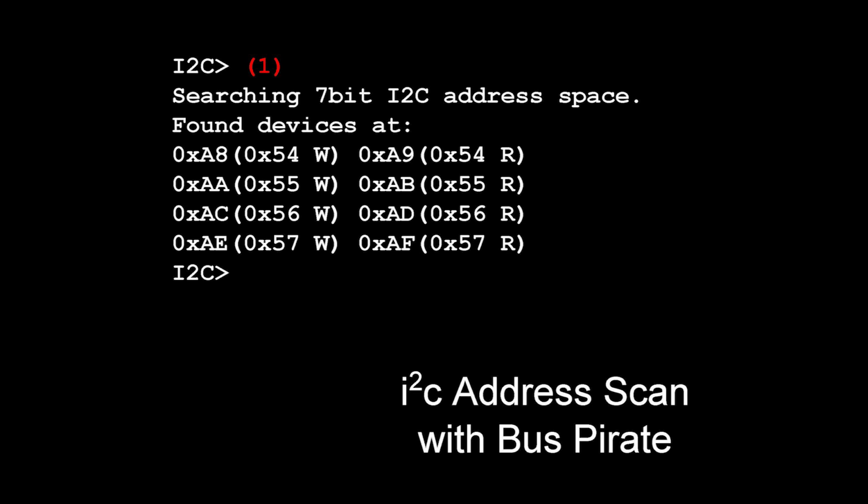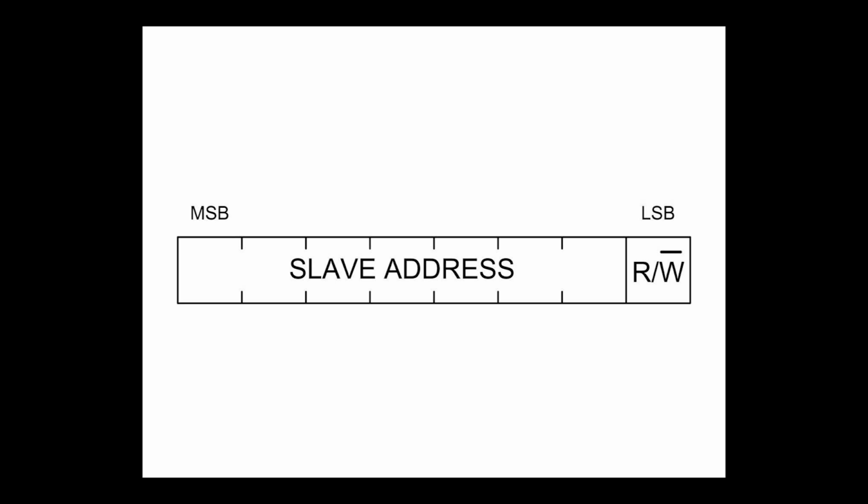You just use the macro 1 and put it in parentheses, which means to run that macro. Then you're going to want to compare these addresses to the data sheet, because if they're wrong, that means there might be other devices on the bus, and you don't want to mess with those because you don't know what they are. This particular EEPROM has 4 I2C addresses. It looks like 8, but really it's just 4 because each one supports read and write. That might be confusing, but